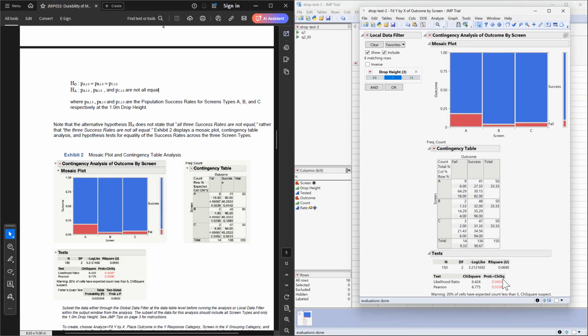And to run this test, we'll just go down here. We could use either of these p-values. We'll just use the likelihood ratio one. And as always with any hypothesis test throughout statistics, we're going to have an alpha value in mind when we're performing the test, and we're going to receive as a result of the test the p-value. The p-value here is in the prob greater than chi-squared column, and our p-value for this test is